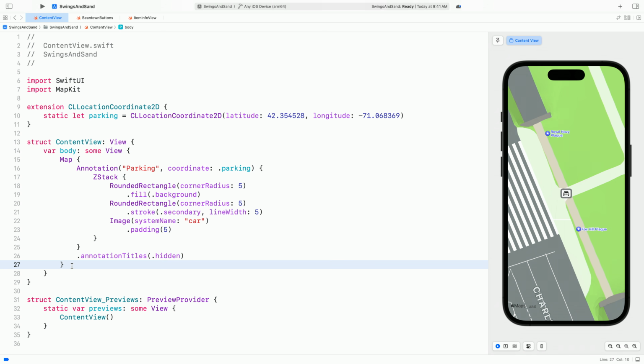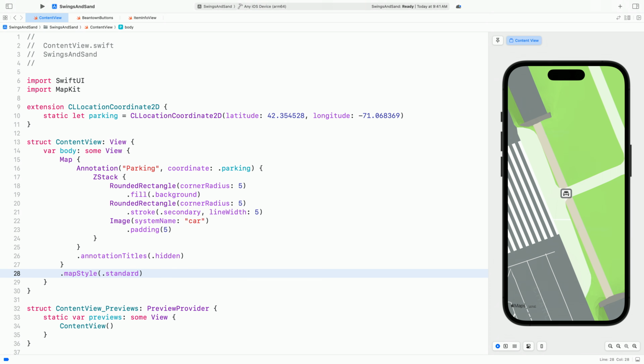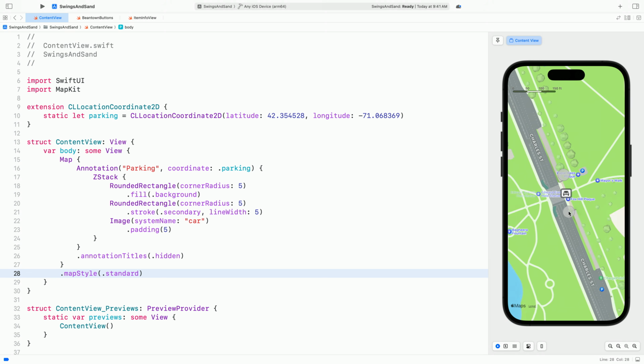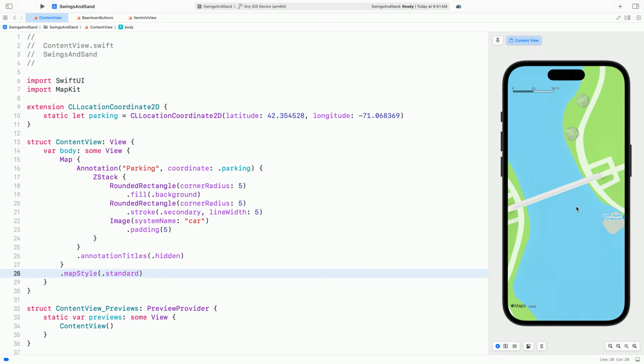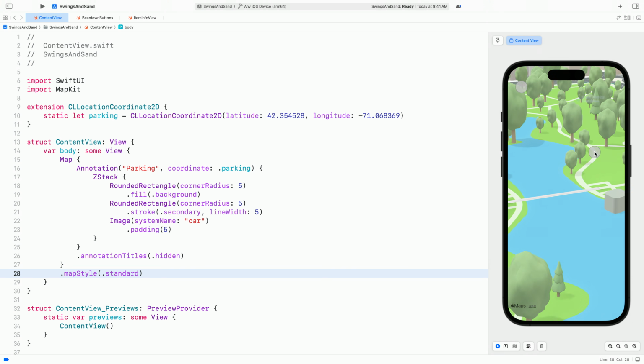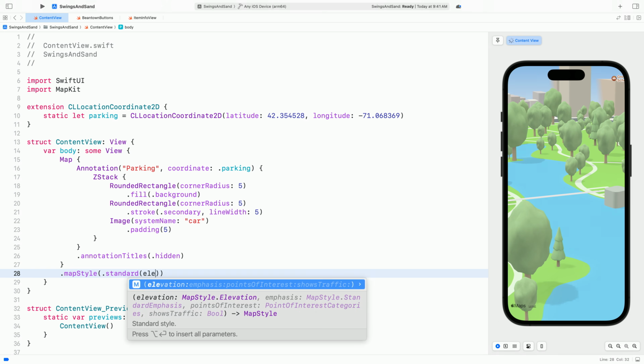You can set a style using the Map Style modifier. This is the standard map style. By default, it offers a flat presentation, much like a physical paper map. It looks like there's a bridge across the lagoon, so you can walk from one side to the other. This flat map really leaves something to the imagination, though. I'll enable realistic elevated terrain to give the map another dimension to work with.